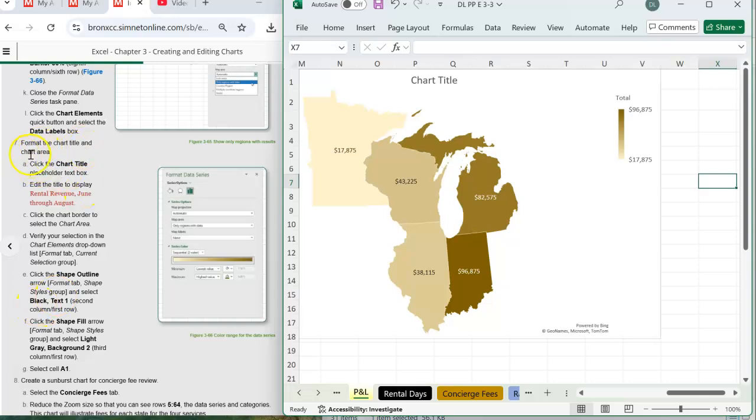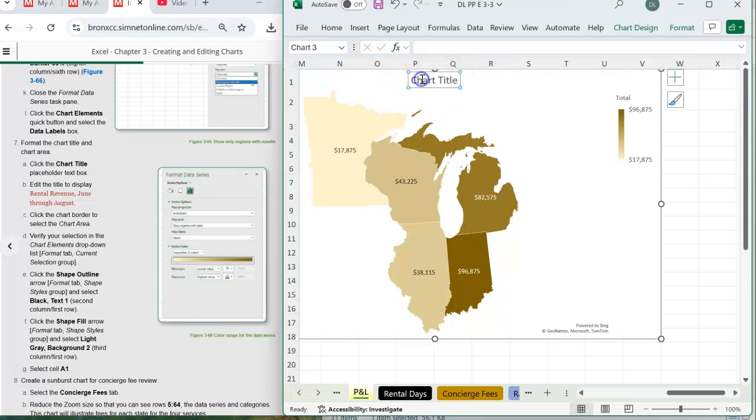Format the chart title and chart area. Click on the chart title placeholder text box. You see the chart title text box here. Click it, and then you could go and enter. Double click, and then you can enter